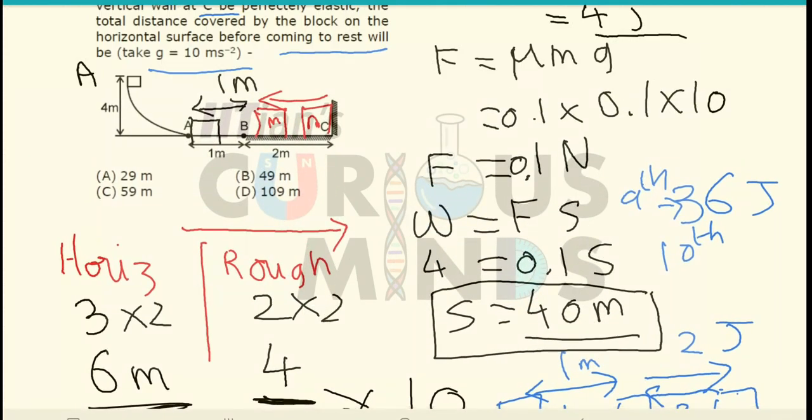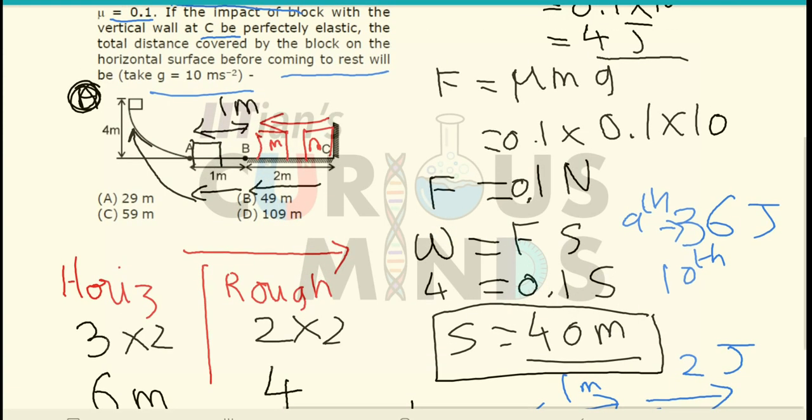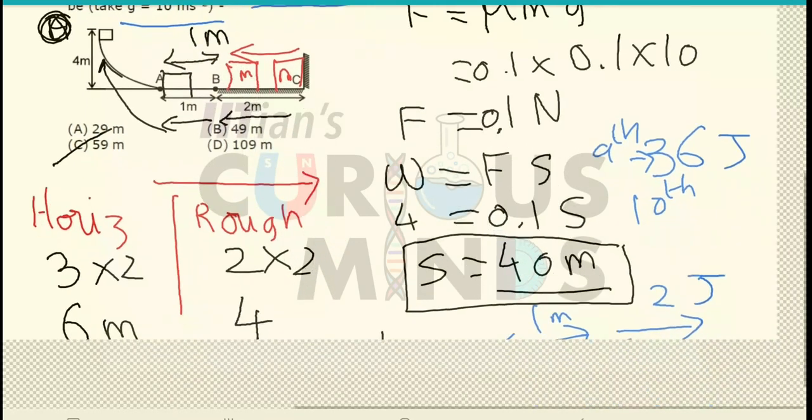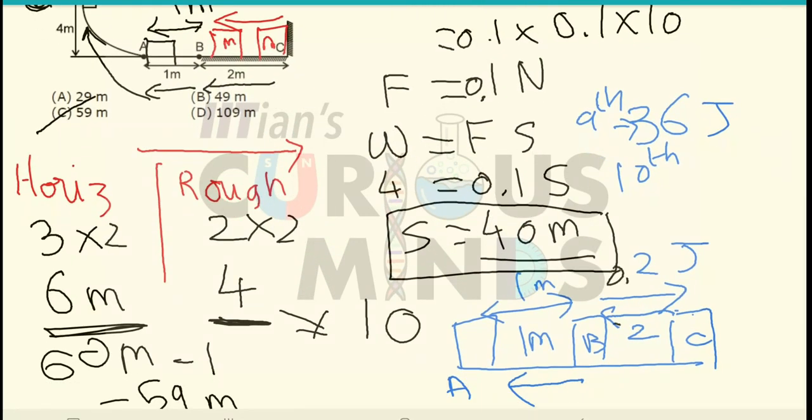Now understand that when the body slides from point, let us say O, okay, let us take this point as O. From O to A to B, B to C, again it gets reflected. Then it will come to point B, A, as well as climb this curved path. But they have asked only the horizontal distance. So over here, the horizontal distance covered will be equal to 59 meter, which is option number C. And in the last two rounds, it will consume 0.2 and 0.2 joules of energy. Not 2, it will be 0.2 and 0.2 joules of energy. The correct option is option number C.